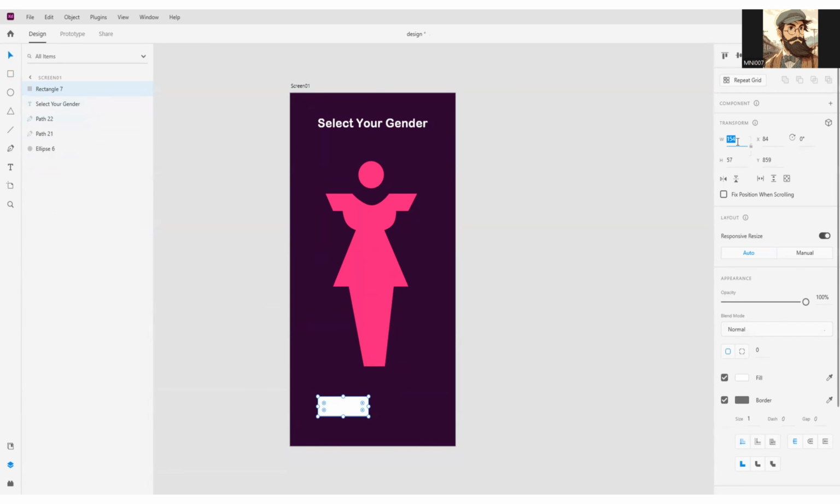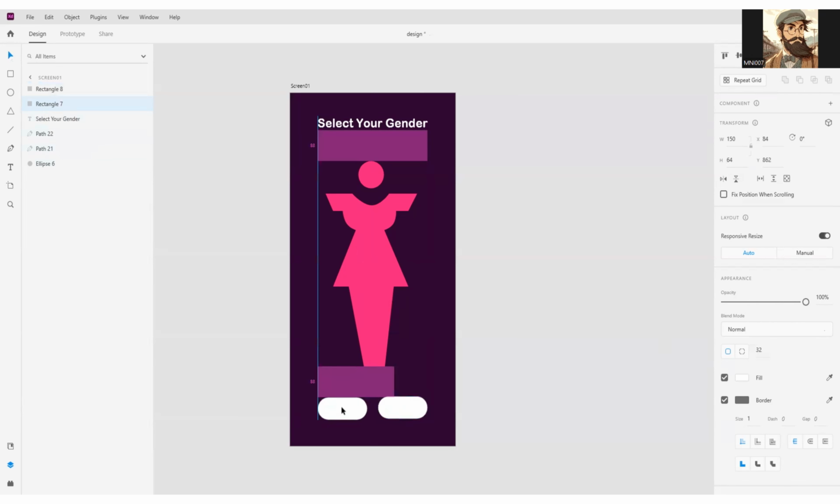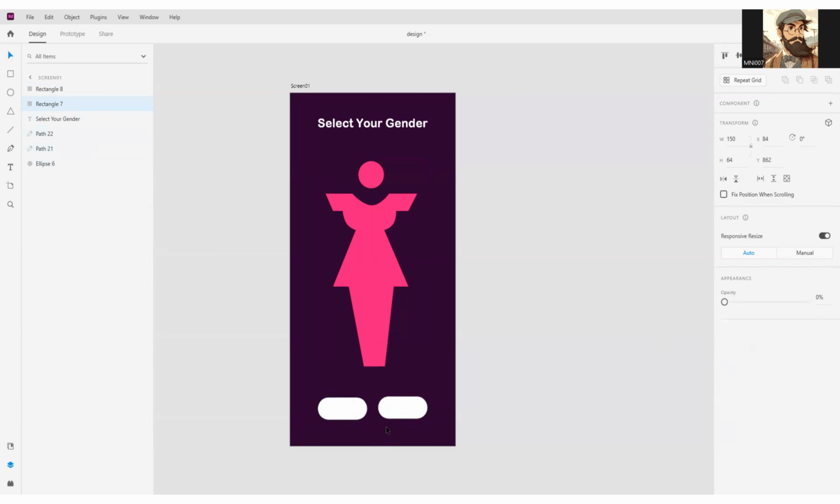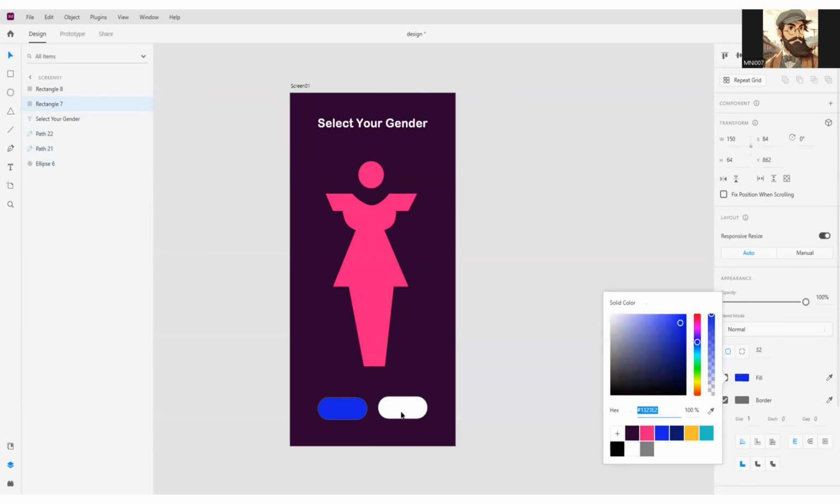Let's give it a width of 150 and height of 64 pixels, and just make it a capsule shaped figure. And also make a copy and place it here. Okay, so this one is going to be for male, and this one is going to be for female, which